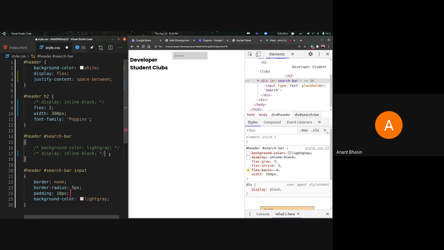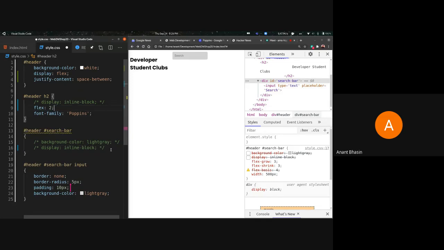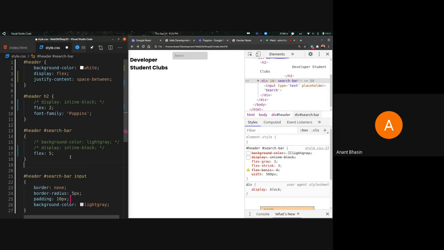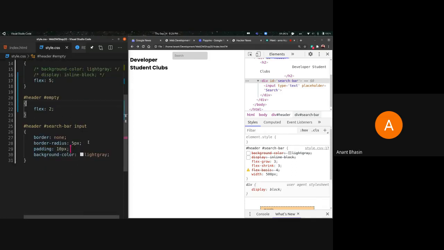I can remove the width tags now because I'm giving the values all proportionally. So this is not going to be responsive now. I'm making this particularly for laptop screens. So I know how big I want all of these elements to be proportionally. This is going to have a flex of, say, 5. And the last div, which I just introduced, the empty div, is going to have a flex of 2. Once I do this, I also want to give the input a width of 100%.